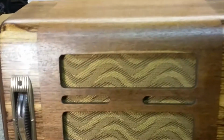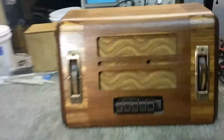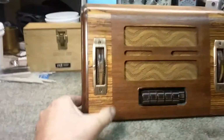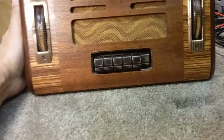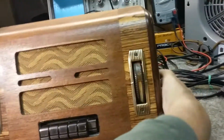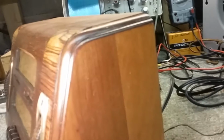Okay, Paul here, and next we have on the bench this slant front GE radio, multi-grain case. Beautiful case. Push button. You see the case is just beautiful. It's got a little bit of wear, some surface grain cracks there, and a few little dings and a crack up on the top there in the corner. And I like to document all these things